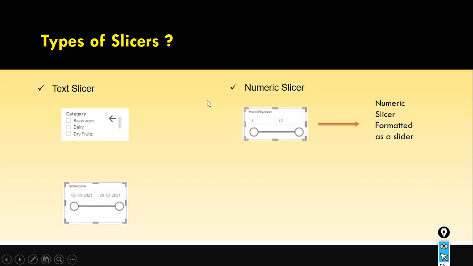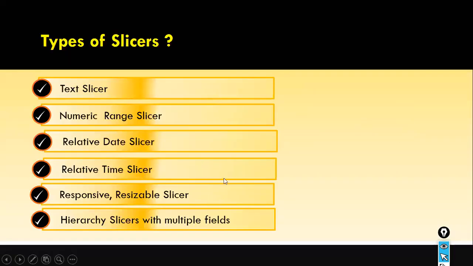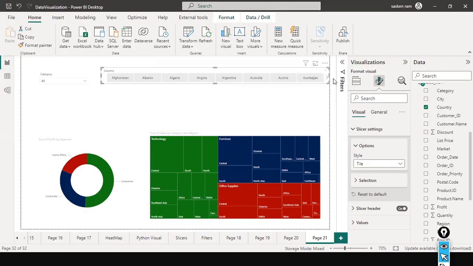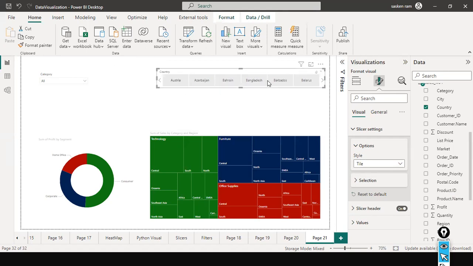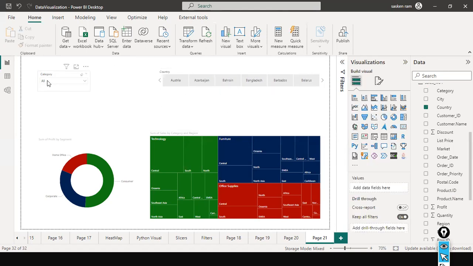Look here, we discussed the responsive resizable slicer. So this is how you can resize it. And you can see the scroll bar. Since we have more countries, if we reduce the size, with the scroll bar we can see the rest of the countries here. You can resize it and then keep it somewhere here. This is your responsive resizable slicer, and this is your text slicer. This is also a text slicer, but it's also called responsive resizable since we are able to resize it. And the other type of slicer is